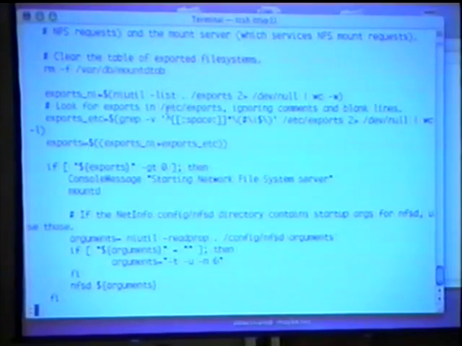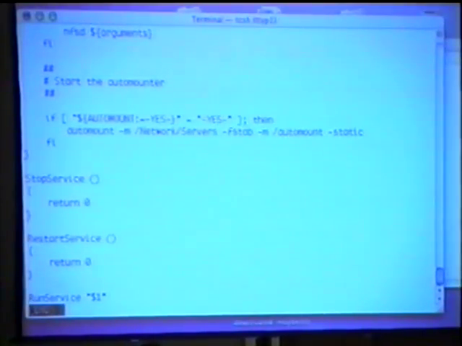As we look down this file, what else happens? It's going and reading exports and seeing if this actually is an NFS server. That's kind of smart. And if it is an NFS server, it actually starts up the NFS server daemons. And then finally, the first time it actually asks us for something, it's asking if automount is on. That automount variable is what was set in /etc/hostconfig. So if automount is set to yes in hostconfig, then it'll run the automount daemon. It's the NFS automount daemon that mounts NFS volumes dynamically and unmounts them when they've been idle.